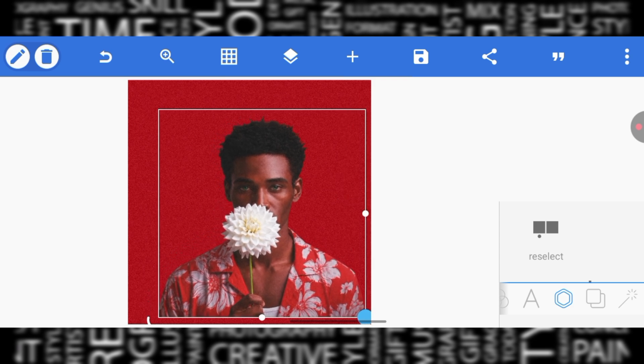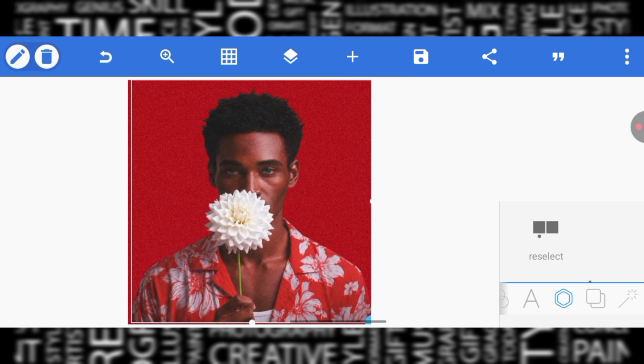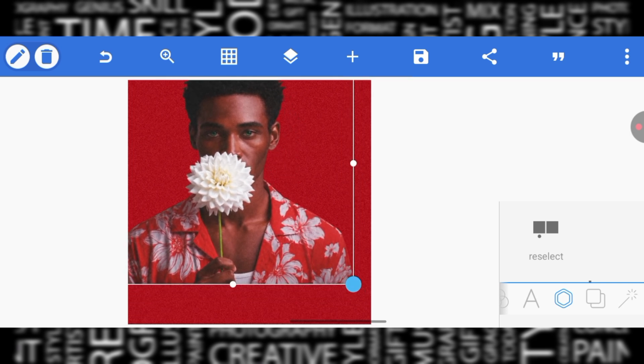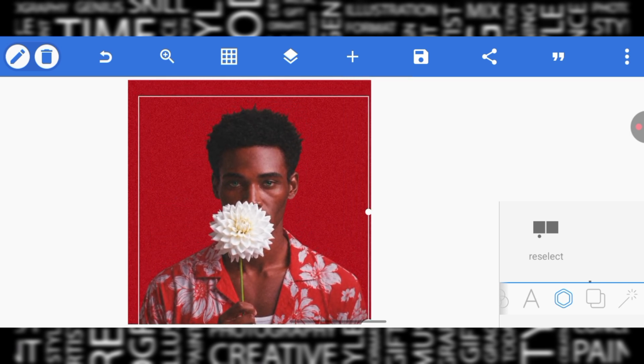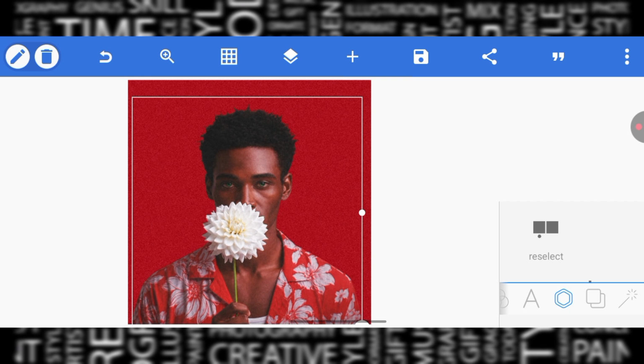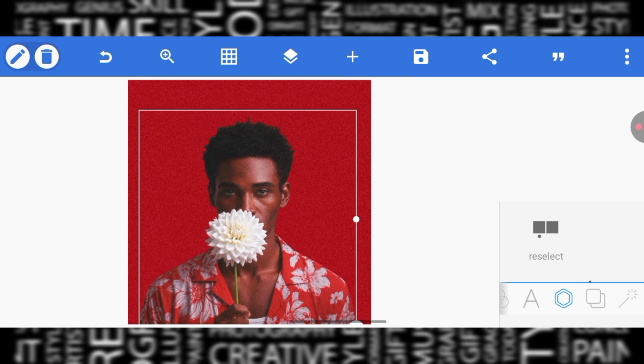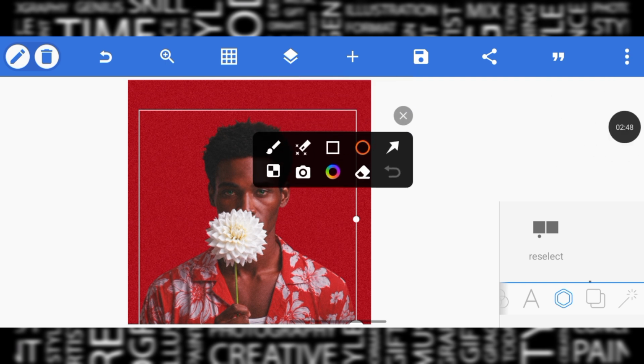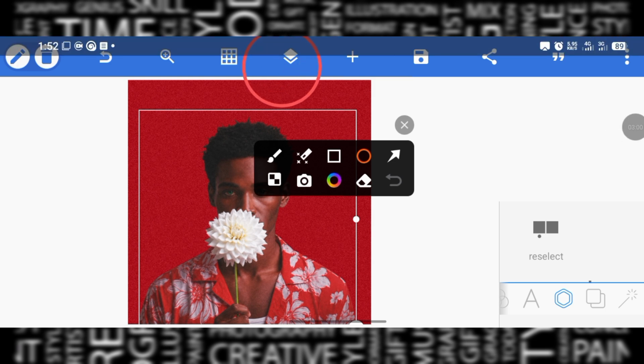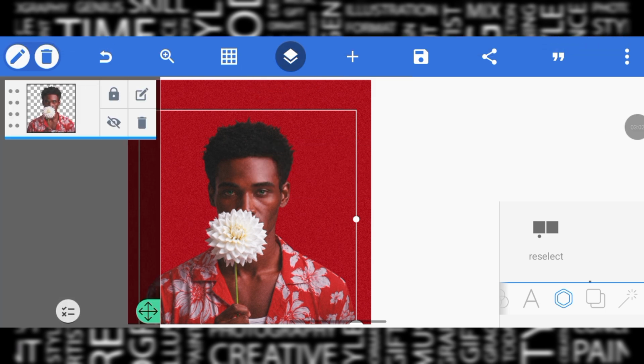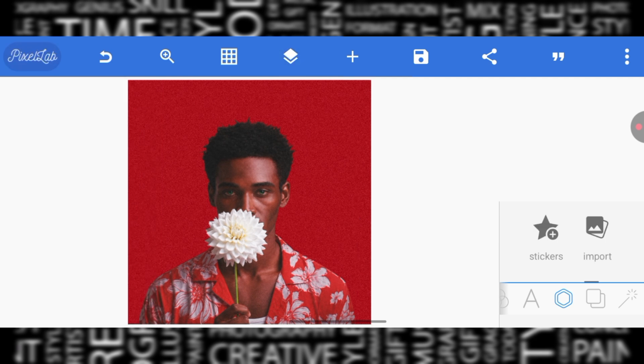holding this edge and dragging it downward. So adjust and place it where you want it to be. After adjusting and placing it where you want it to be, I will suggest that you lock it down by clicking on your layer tab and lock it down. Here is your layer tab. Click on it and then click on the lock icon so that your image will not move whenever your hand touches